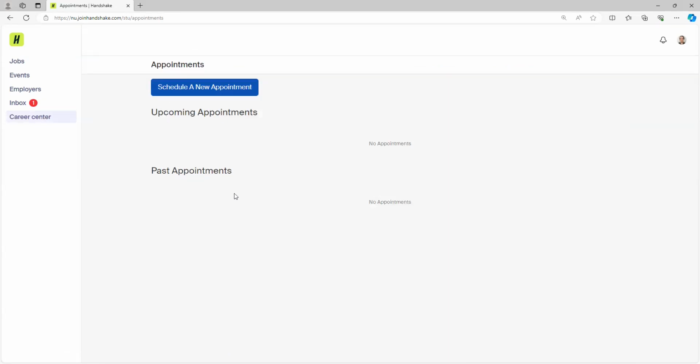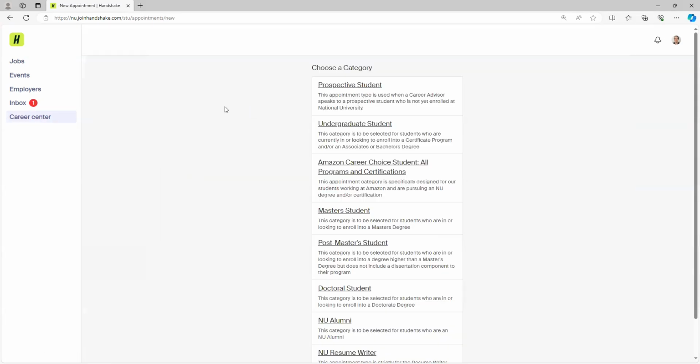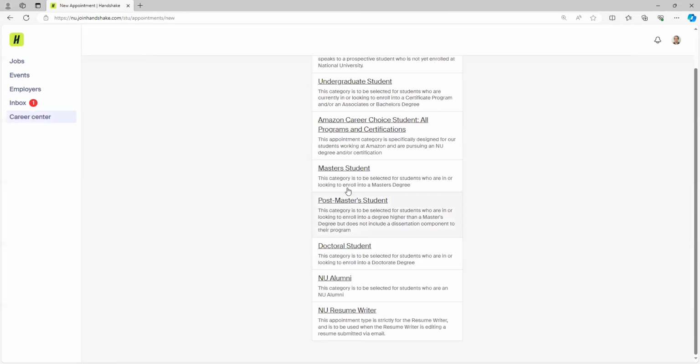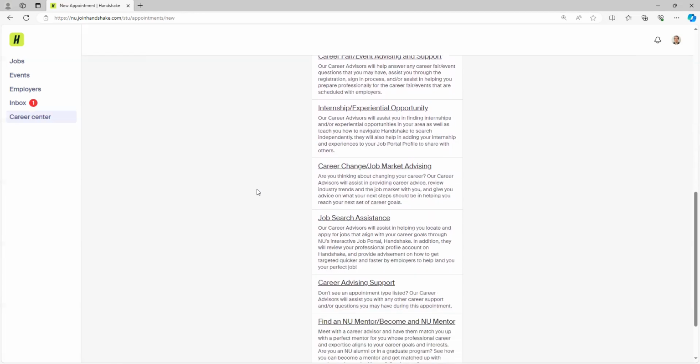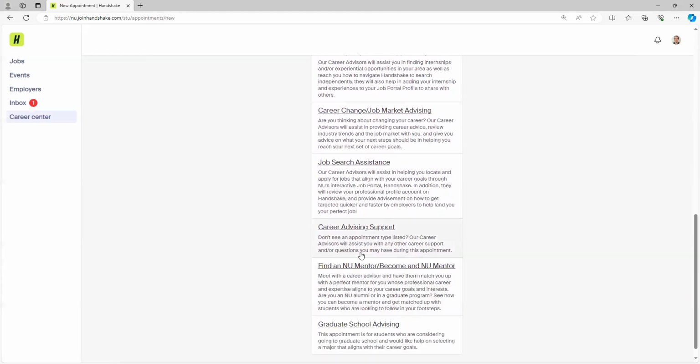I have no upcoming appointments and neither have I had an appointment, but if I go to schedule a new appointment, we can see that you now will get to kind of choose through some prompts. You'll select what type of student you are from this list. Then you'll select what type of appointment you want. If you're not sure what type of appointment you want, you can go down here and just select career advising